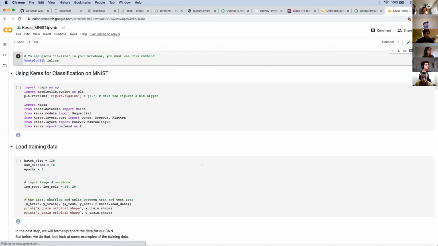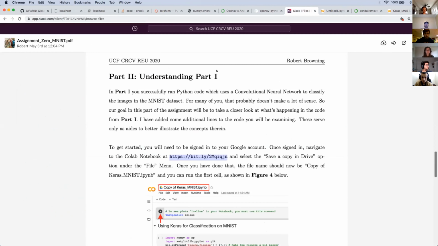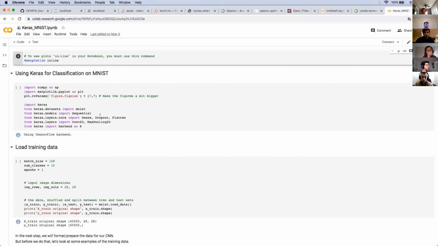Excellent. So in the MNIST assignment Python notebook, I think it was a Python notebook. Anyways, look in the Slack files. It's assignment 0 MNIST PDF, so it's the PDF. In there, in part 2, you're going to find a link, and in that link,